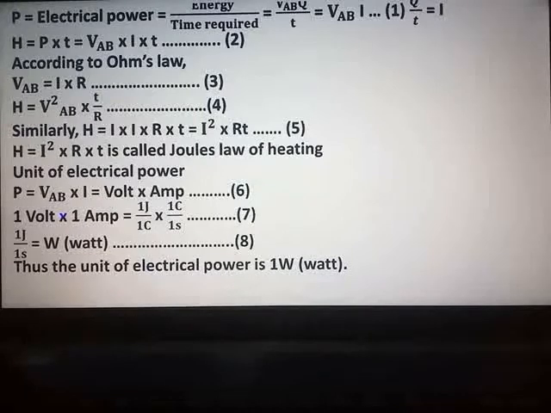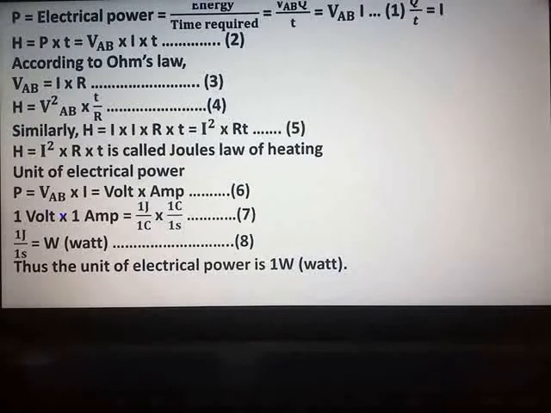Due to the collision of the electrons, at every collision, kinetic energy gets converted into heat, and slowly the temperature of the wire begins to rise. This is known as the heating effect of electric current, and the law here is called Joule's law, and the amount of heat generated is I square RT. So in short, how can you state Joule's law? The quantity of heat H generated in a conductor of resistance R, when a current flows through it for a particular time t, is directly proportional to the square of the current, the resistance of the conductor, and the time for which the current flows.